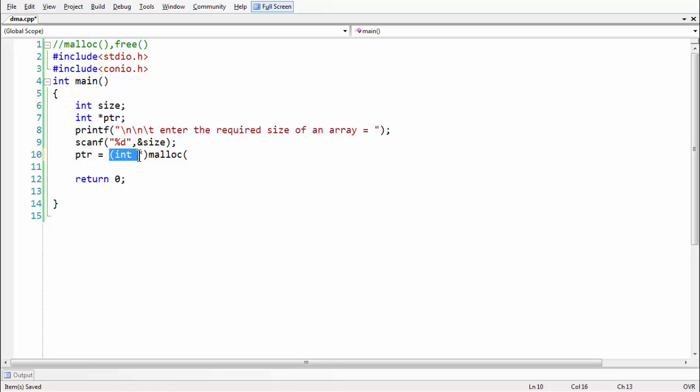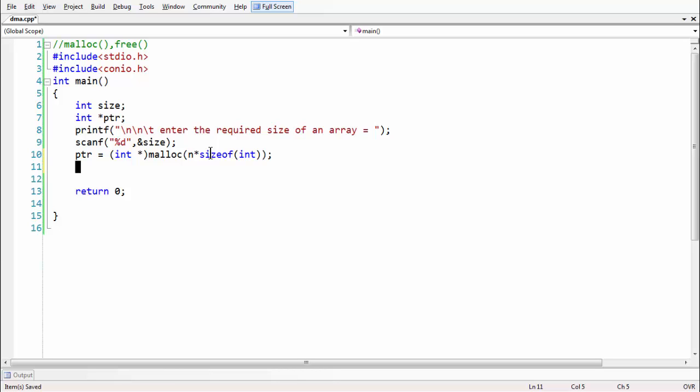That's the reason we need to cast the malloc function with the integer pointer here. And then we have the syntax of n times the size of int. The size of int might vary depending upon the compiler and architecture you are using.